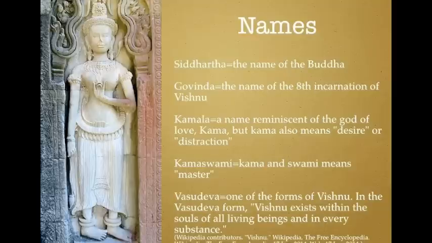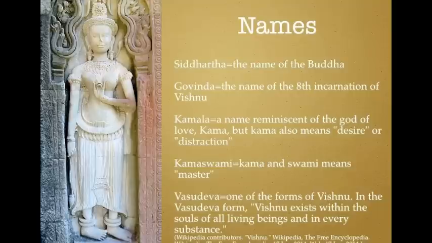All right, then we have Govinda. And Govinda is interesting because it's the name of the 8th incarnation of Vishnu. Remember, Vishnu is one of the 3 main gods. Vishnu is the life preserver in Hinduism. And he has this incarnation that is, think of it like in the same way that Jesus is the incarnation of God the Father, that is God made physical. So is Govinda. Govinda is the 8th, what they call Krishna, the 8th incarnation of the god Vishnu. So Vishnu is always incarnating himself one after the other.